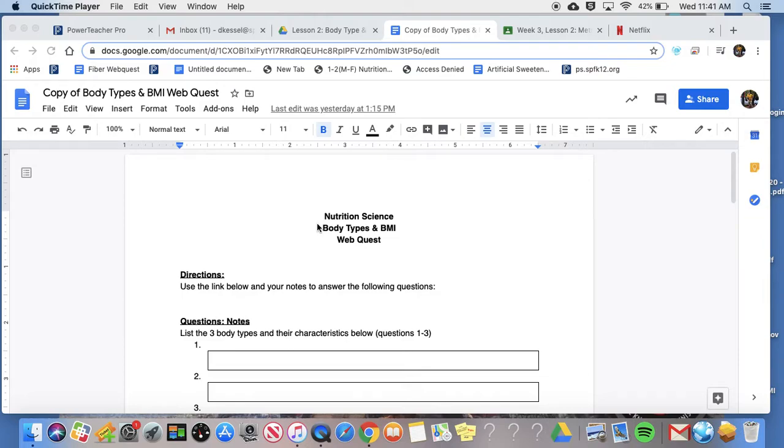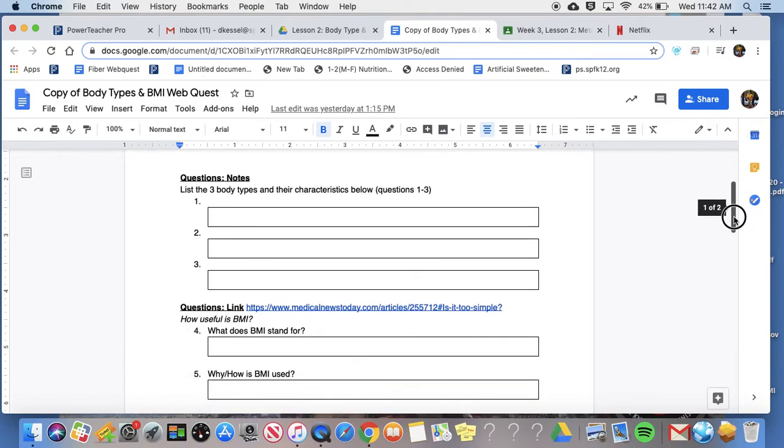Welcome back. So here's our nutrition science body types and BMI web quest. I told you this was coming following the notes. So all we're asking you to do today, check the directions, use the link below and your notes to answer the following questions. So let's just take a quick look at this and let me go through it